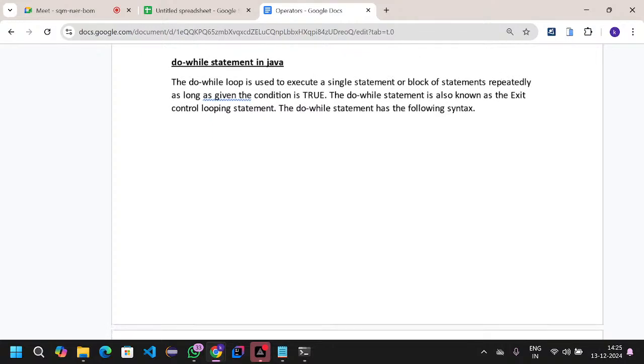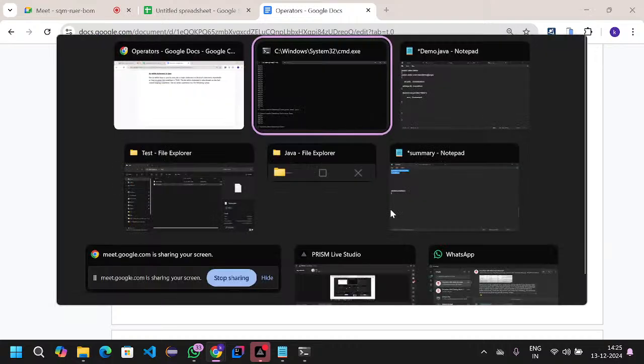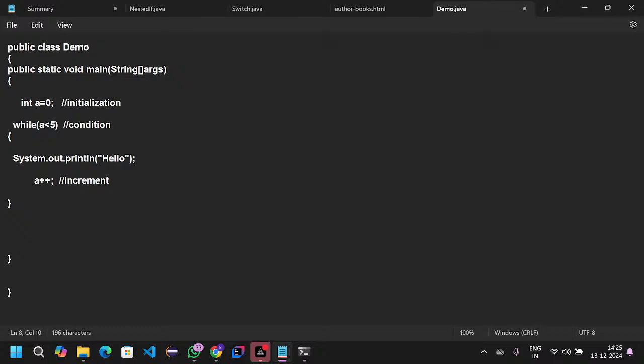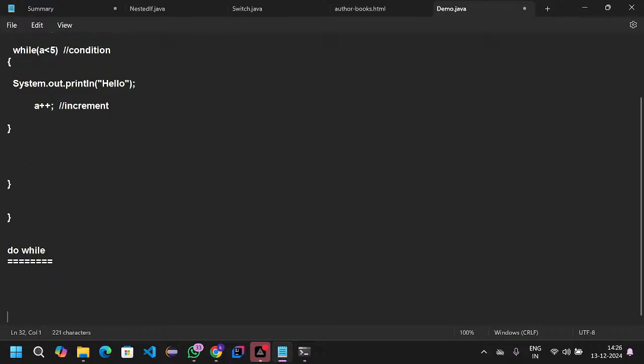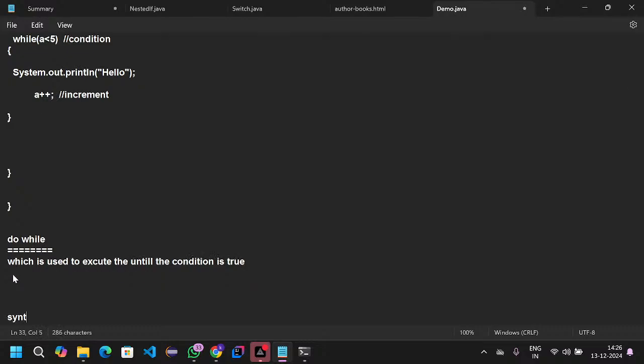So in the do while block, what is the difference between while and do while? Next we have do while. Do while is also the same, which is used to execute the statements until the condition is true. The syntax for the do while loop is,